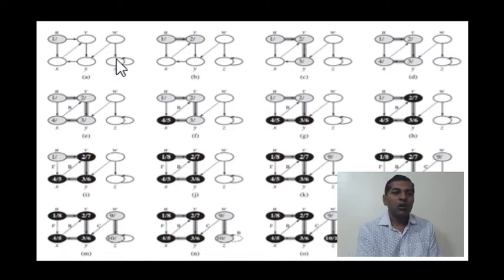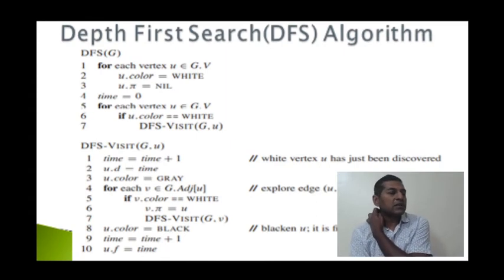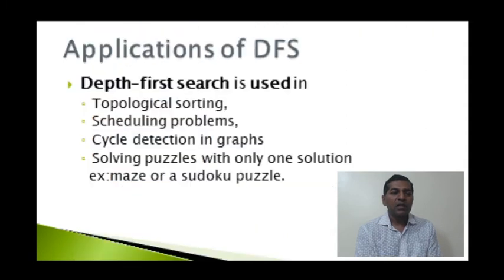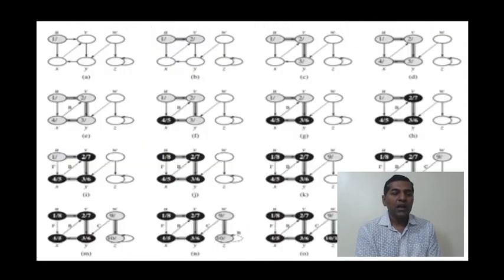First of all, almost all the vertices are white. This is what the first stage, the initialization, is defined as: u dot color is equal to white and u dot pi is equal to nil. So this is what we do in the first stage, to initialize all the vertices as white, and they are not connected to each other. It is mathematically represented that the predecessor of all the vertices is nil. No one is connected to each other.